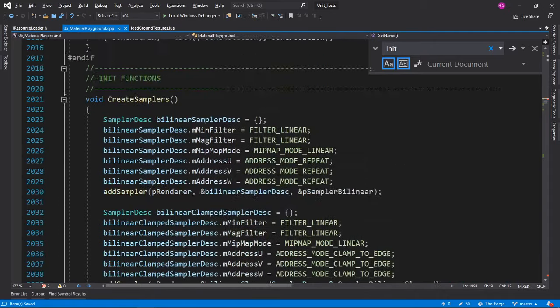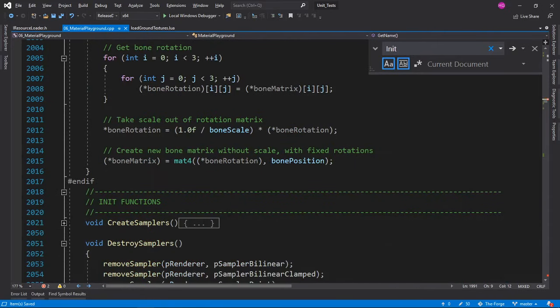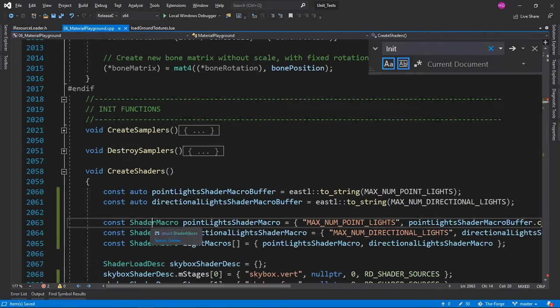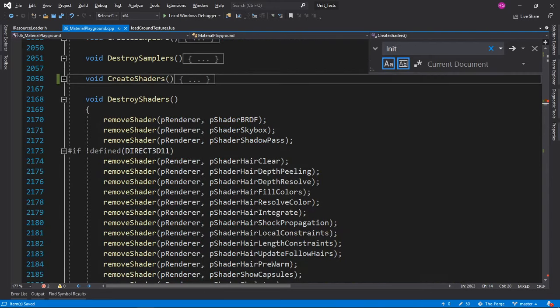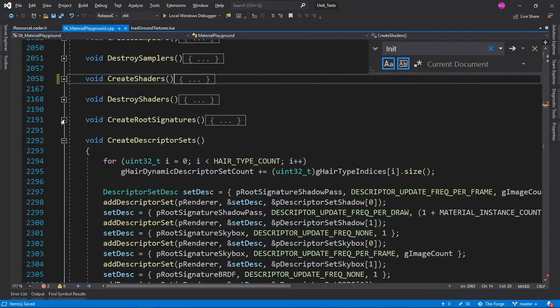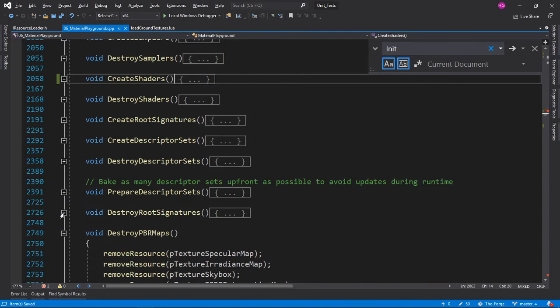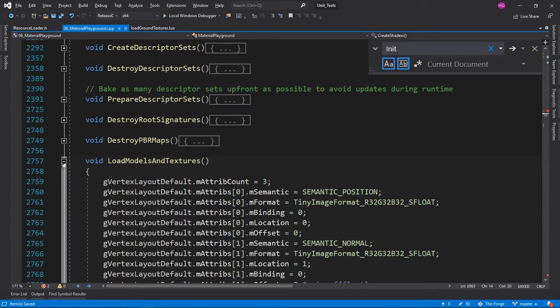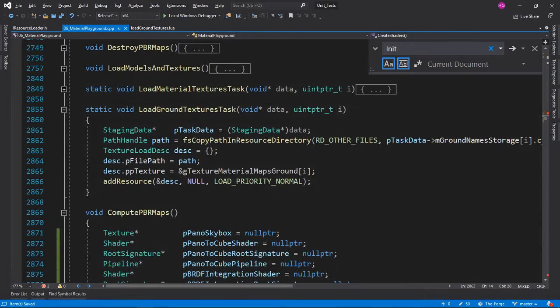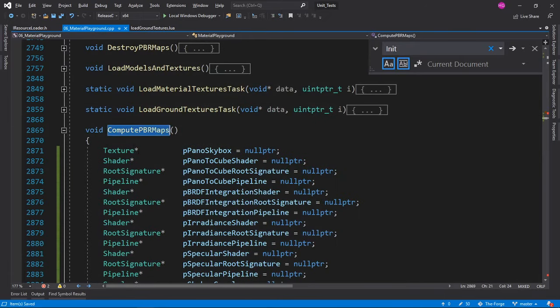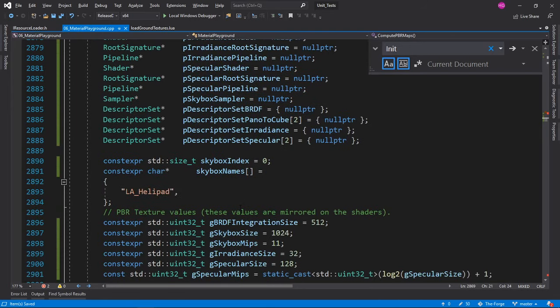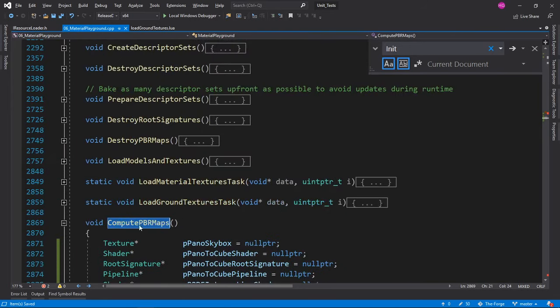So yeah, we started reading these member functions. We started from the create shader, which was called first. We read that, and the next thing that was called. Let me just collapse these functions. Yeah, the next thing was compute PBR maps. I don't know what these PBR maps we're talking about here are.